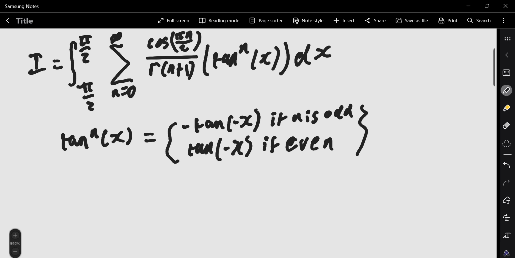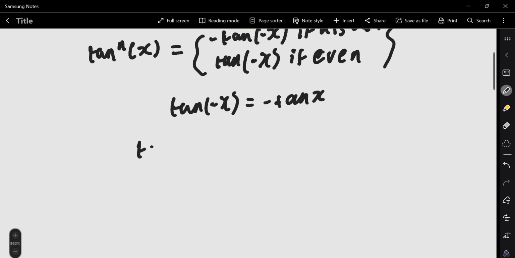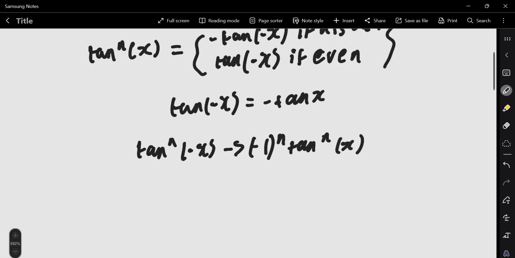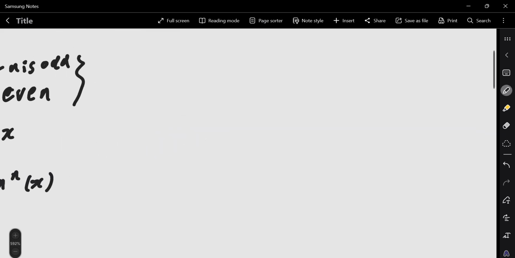So tan of minus x is going to be minus tan of x. So basically, tan to the n of minus x is minus 1 to the n times tan to the n of x. So odd n gives an odd integrand, and even n gives an even integrand. So if we combine that with the cosine coefficient that we have, which is cos of n pi over 2,